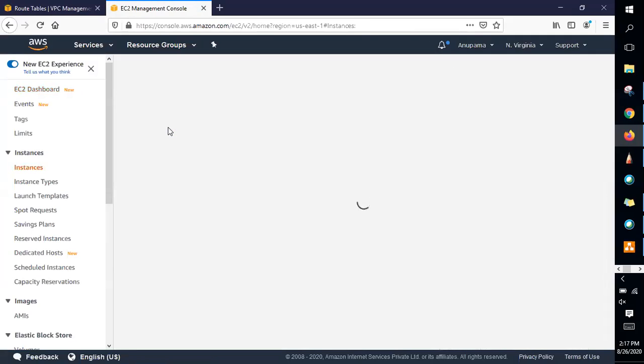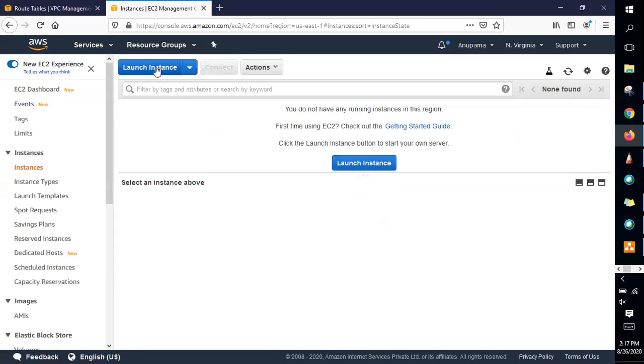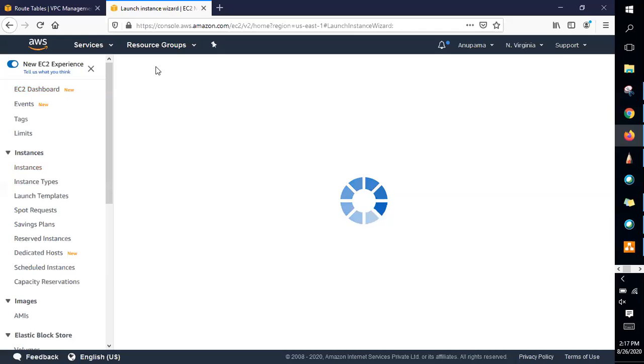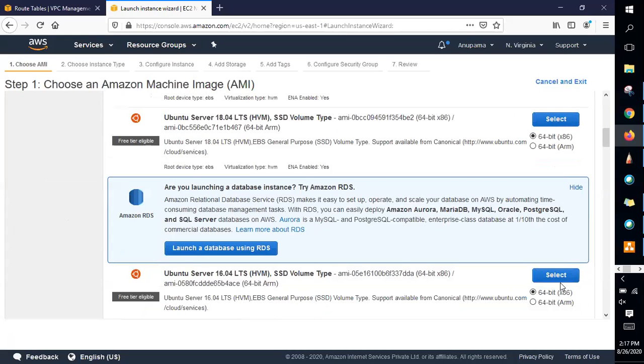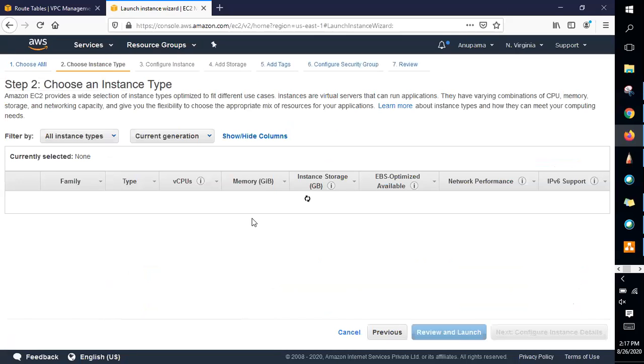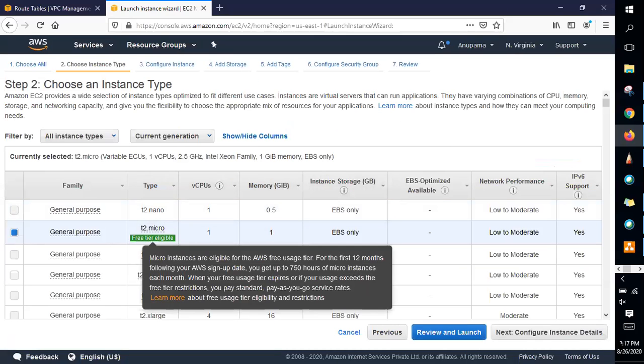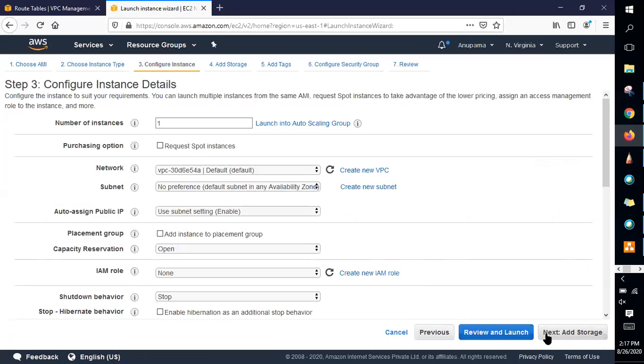Okay, so go to running instances, launch the instance, click on the Ubuntu 16.04 LTS, our good old AMI, T2 micro, and here instead of the default VPC,